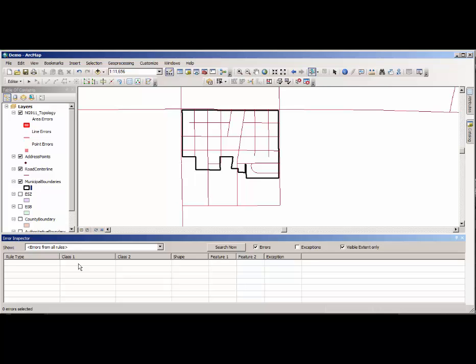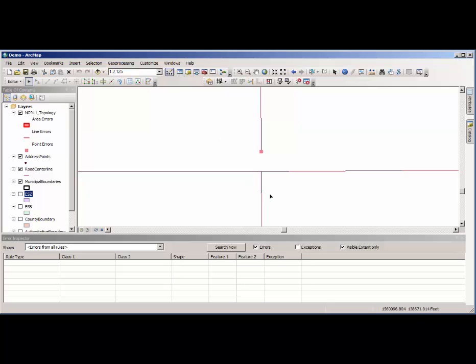This is something that the data steward looked at and deemed appropriate. Now let's take a look at a topology error that actually is an error. I have marked it already, so we'll hop over there, and this is a road segment that should be connected at this intersection. So I can double click on it, grab the end and bring it down to snap,